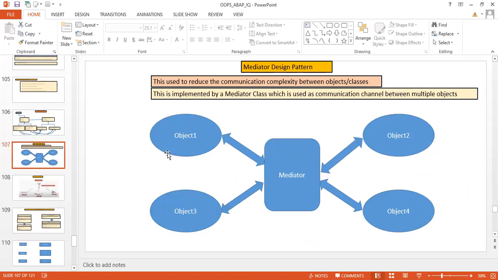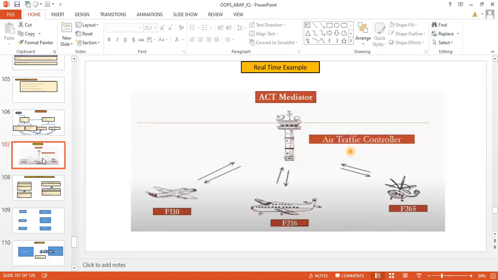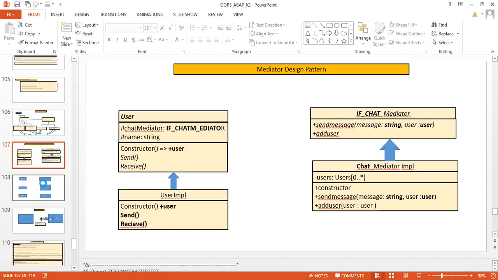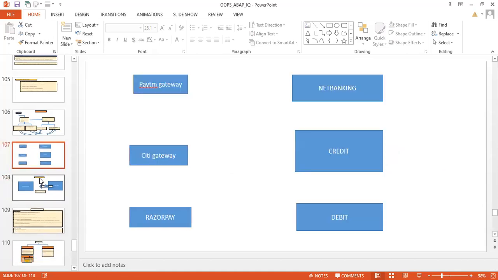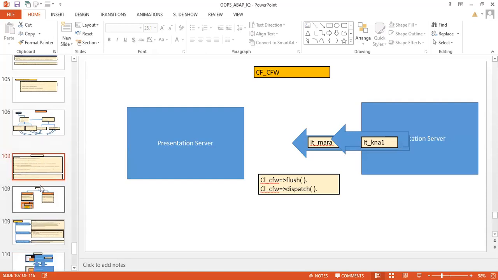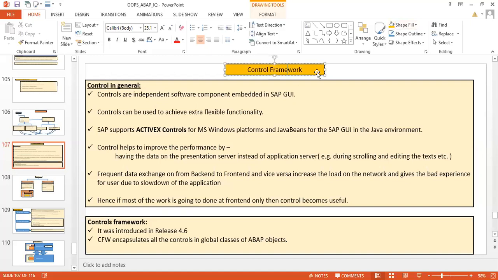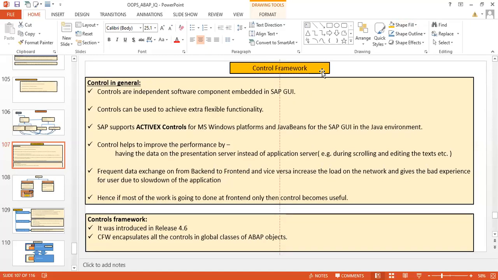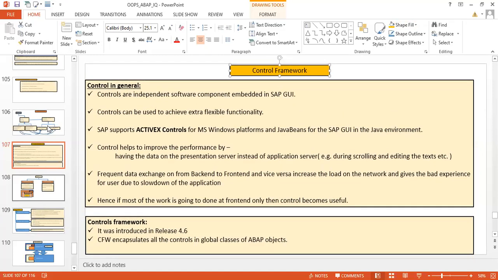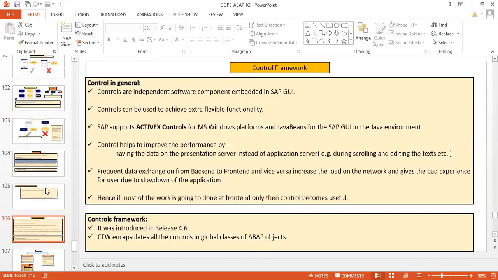Let me delete also the mediator design pattern. You can see that there are so many design patterns, but I think we have already discussed 8 or 10 design patterns. That is more than sufficient from an interview point of view.